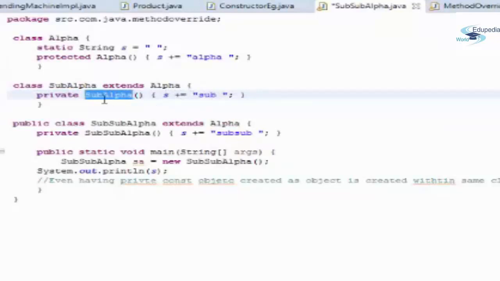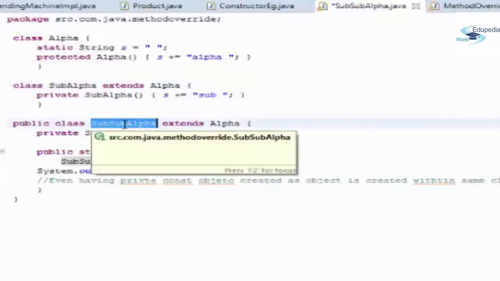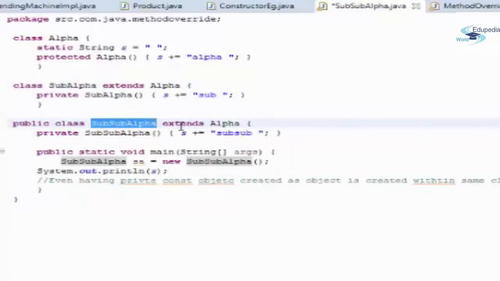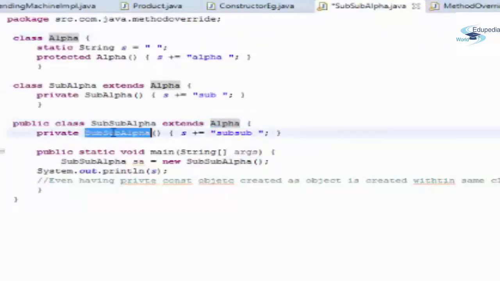Do you remember what the purpose of a private constructor is? Well, it doesn't allow the creation of objects for this class, so this will restrict it. Now let's come to this class. We have another class, SubSubAlpha, and it is extending the class SubAlpha. It again has a private constructor, and inside the private constructor we are doing s is equal to s plus sub.